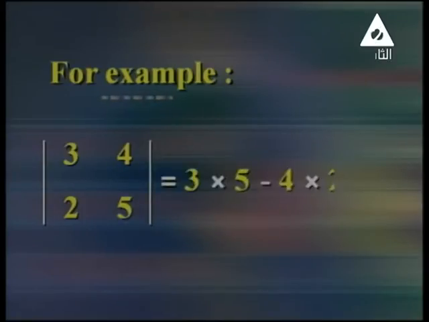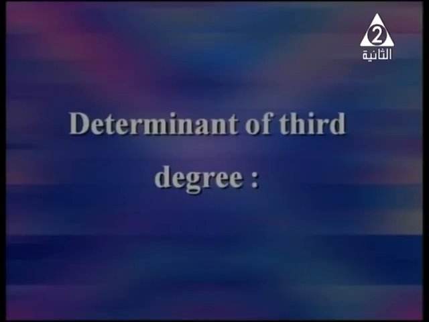For example, look at a determinant that has two rows and two columns. What is the value? We multiply 3 times 5 minus 4 times 2, the answer is 7. Determinant of third degree is very important. D3 as A11,